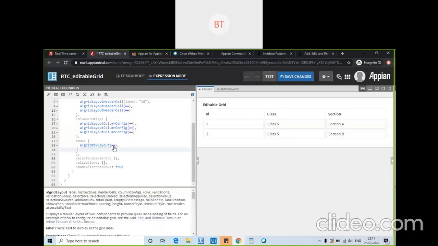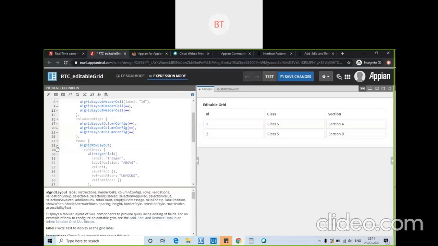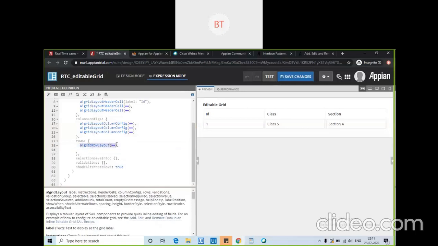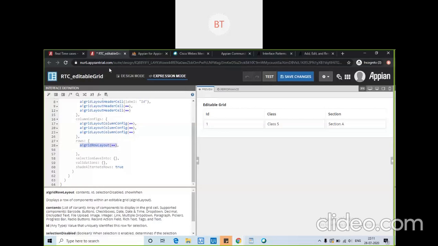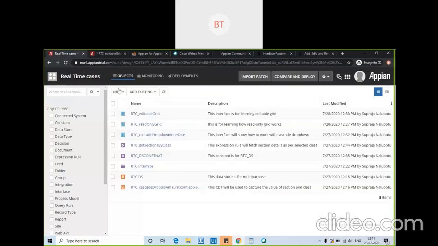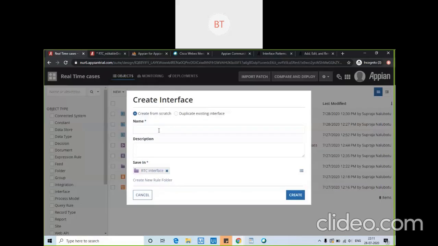What I will do is create one more interface and copy this part there, Control C. Let me create one more interface. Add this editable grid one go section.